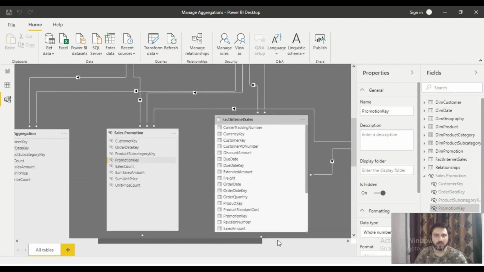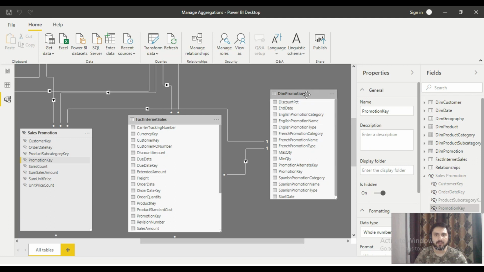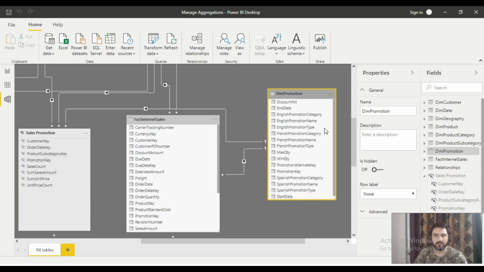If we scroll to the right, you can see the dim promotion table and this is the relationship. If I select this table and go to the advanced option, this table is also in dual mode. We set the dimension tables to dual mode, as in part 1, so that if the cache is hit, it acts as an import mode table, otherwise it acts as a direct query source table.